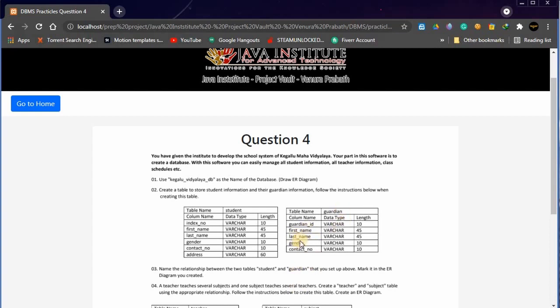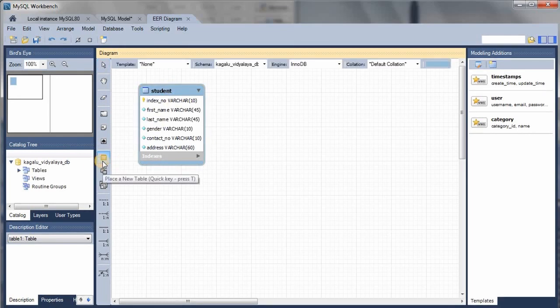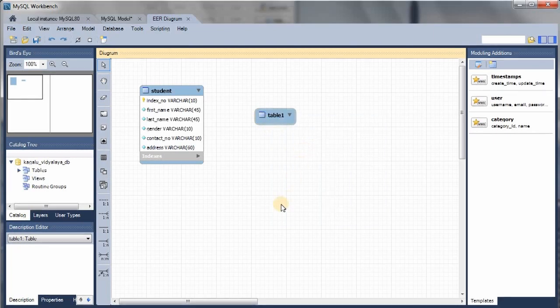Here are the attributes in that table: guardian ID, first name, last name, gender, contact number. Okay. Here I'm going to follow the same steps we used to create the student table. Right click, click on the add new table tool, and right click on the table we created and edit table 1.